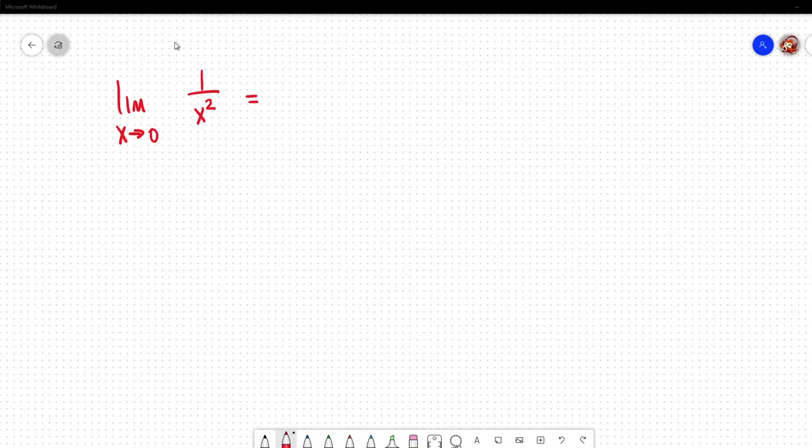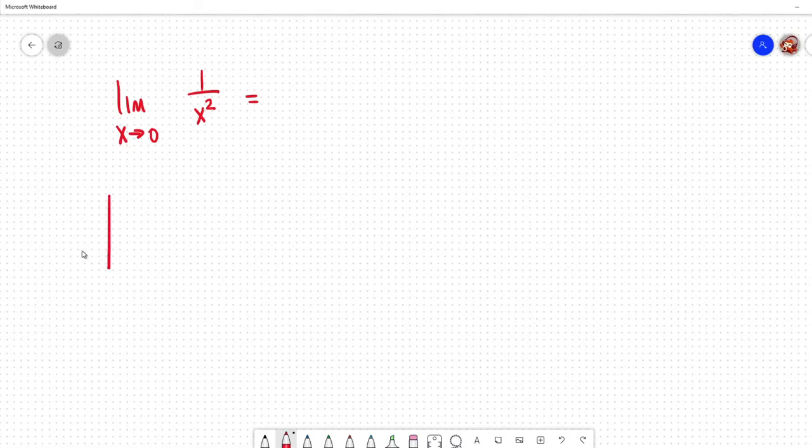So what we have here is the limit as x is approaching 0, and our function is 1 over x squared. So again, we are approaching 0. This is a prime example of if I just kept thinking that limits were just me plugging in the number, I would have plugged it in and I would have said, oh, it's undefined. But that's not the answer. We are approaching 0. So again, I'm going to set up my table, and I want to see what happens as I come from the left, and then also as I come